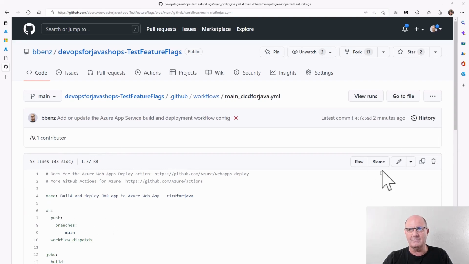So I could do that right here. I could edit this, but that's not really good software development or DevOps practice. What I'm going to do is, instead of cloning this, making a change, and then pushing it back out to the repo on GitHub, which will, by the way, trigger that workflow to run again, I'm actually going to create something called a code space.